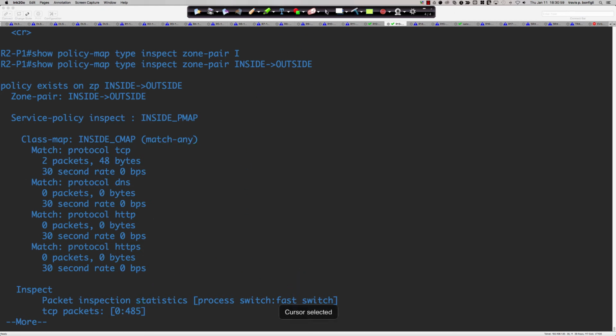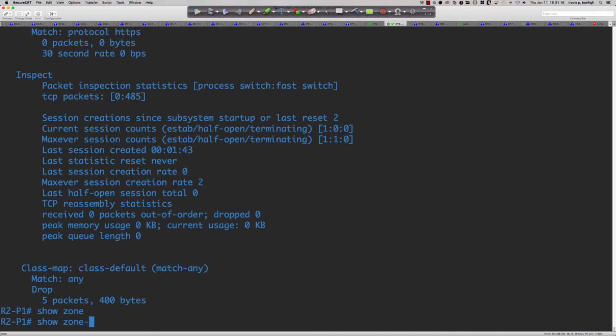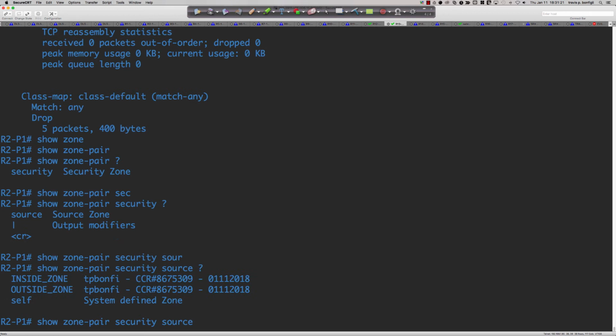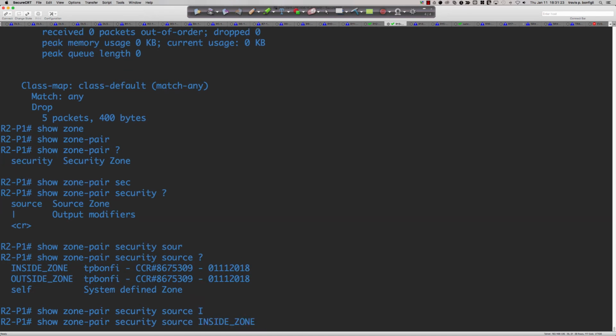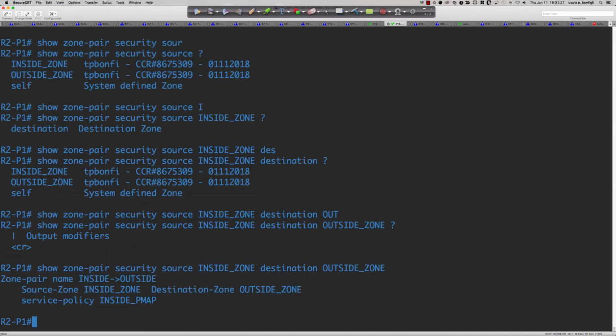Let me clear that, and let's move our way down a little bit and make sure that that is still up. Yeah, so it's still up, so we should see, and I can never remember, show, is it zone pair? Security, I don't think there's anything after that. Source, yeah, so we can do inside zone and then destination, outside zone. I'm not sure if this is going to give me what I'm looking for, and it's not. It's got to be in that